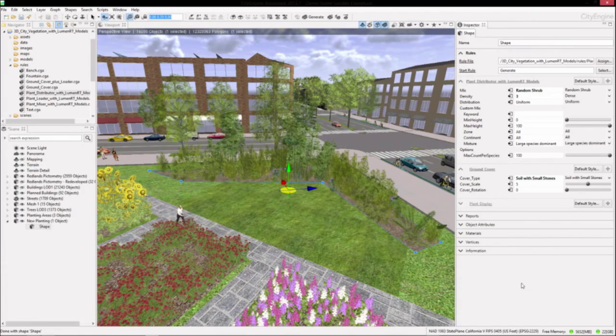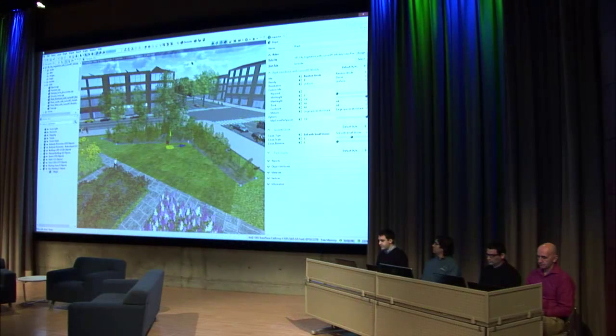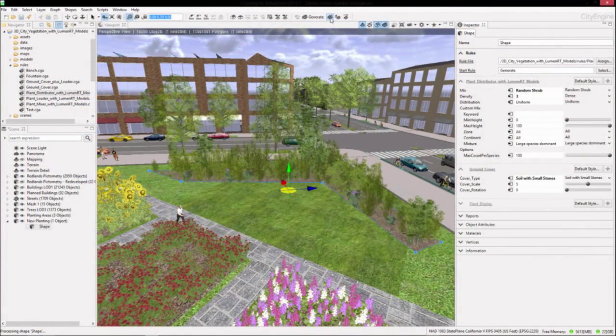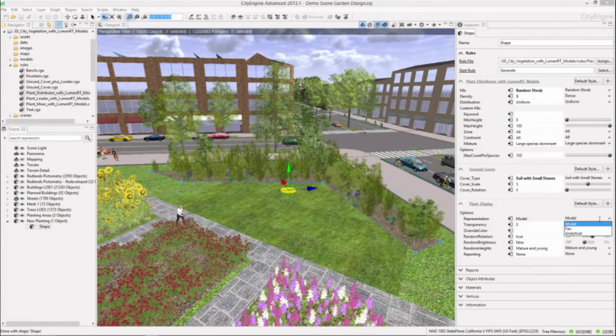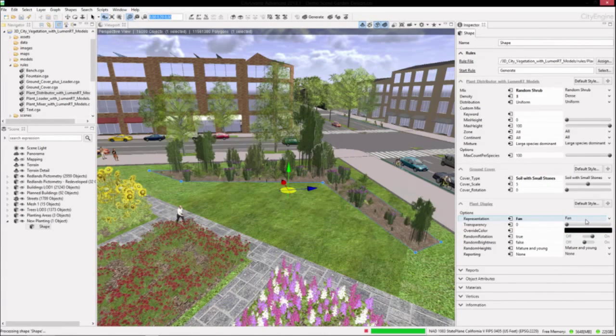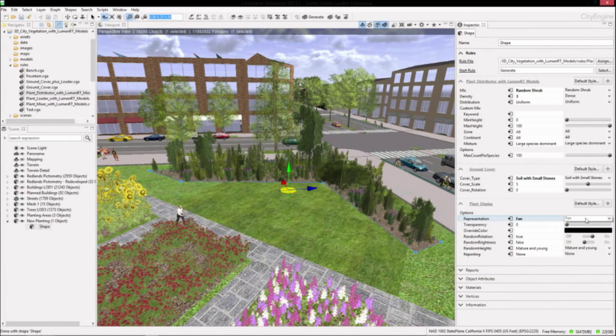So it's pretty easy to model random shrub placements. We actually have these parameters randomized, so by just hitting the Update Seed button, we can have different distributions of these plants. And in addition to those parameters, we also have different display options, different representations of those models. So these are the highly rendered models for making nice pictures. We also have fan models, which are actually two transparent images, which really cut down on the polygon size, because